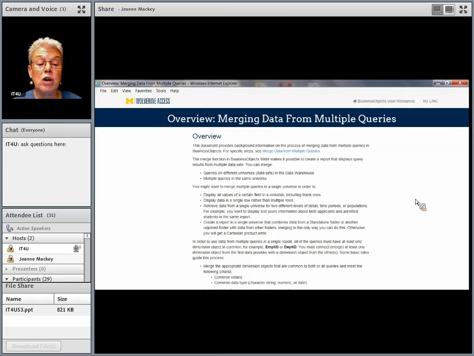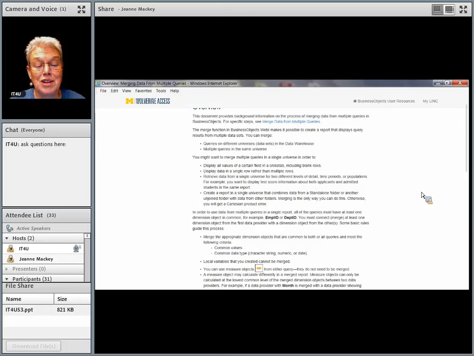There might be a way that you are working in a single data set, but you want to display information in multiple fields in a single row. Working with standalone folders, you have to merge them, you have to connect them, otherwise you get the mysterious Cartesian error. Cartesian product error. That's a useful message, isn't it?